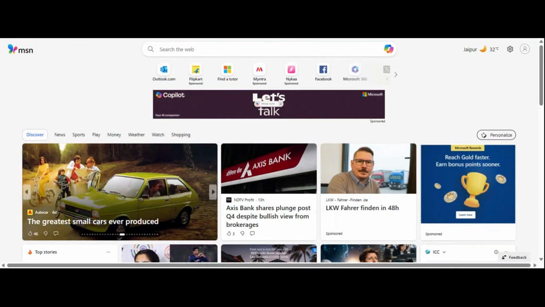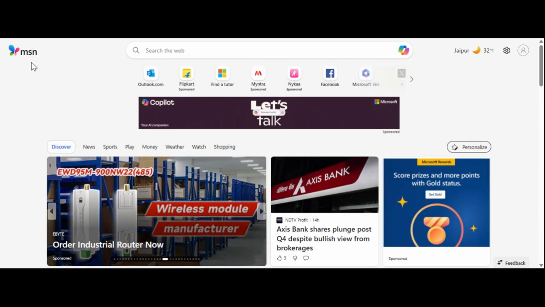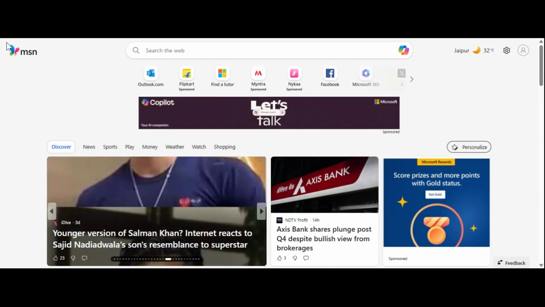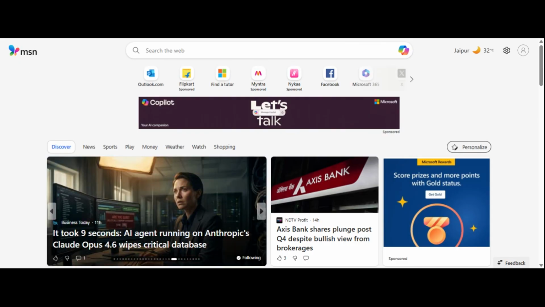If you want to play MSN games, I'm going to show you the easiest way to get started in just a few steps. The best part is, you usually do not need to download anything at all, because these games can often be played right in your browser. So if you are searching for how to download MSN games, this guide will help you find and launch them